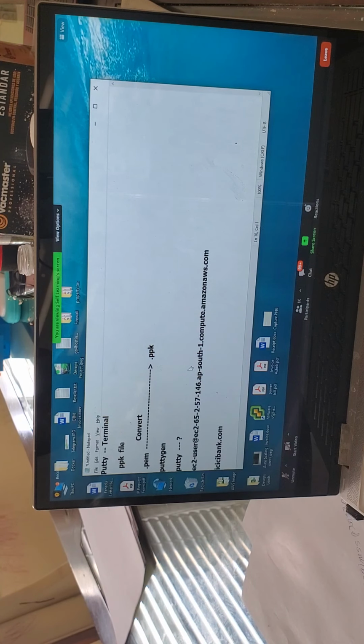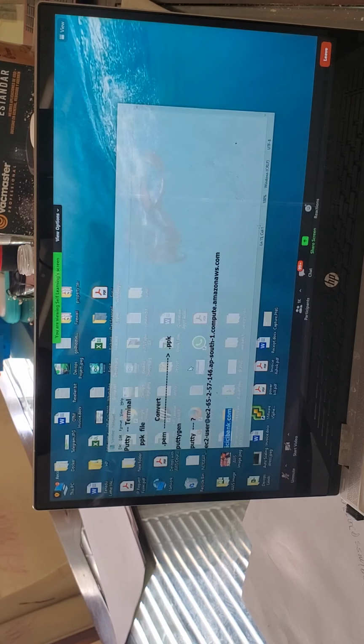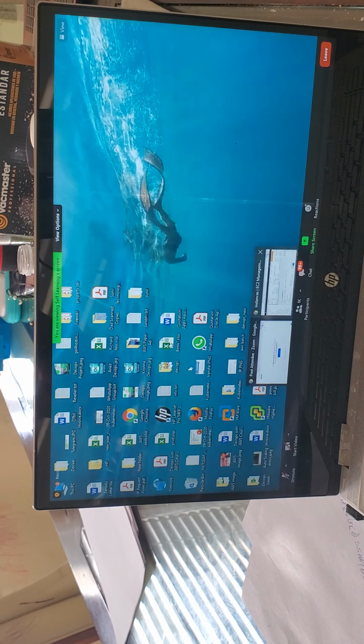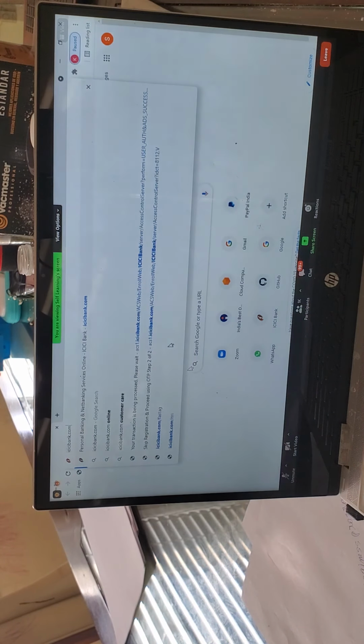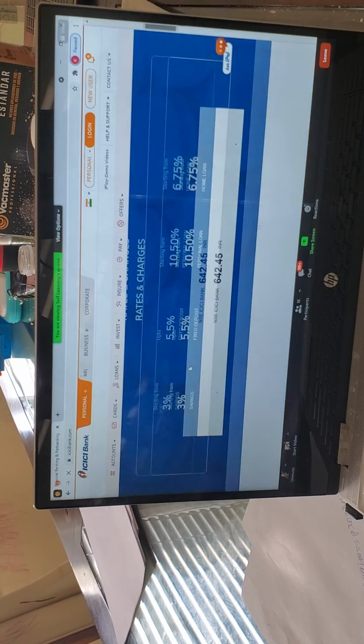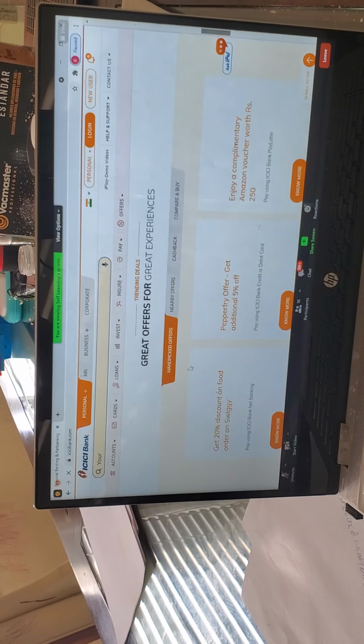From my laptop, if I open ICICIbank.com from my Google Chrome browser, and let's say I want to use internet banking, so we all have internet banking, right? So I open ICICIbank.com. What do I get? I get a web page. In response to my request, I'm getting a web page.